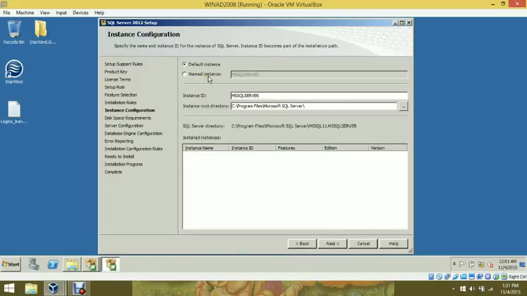This is the instance configuration. Here we can have a default instance or a named instance. For any Windows, only one default instance is possible, and some named instances we can put. Here we need to follow naming rules: it should not contain more than 16 characters, and it should not start with special characters. Keeping all these things in mind,